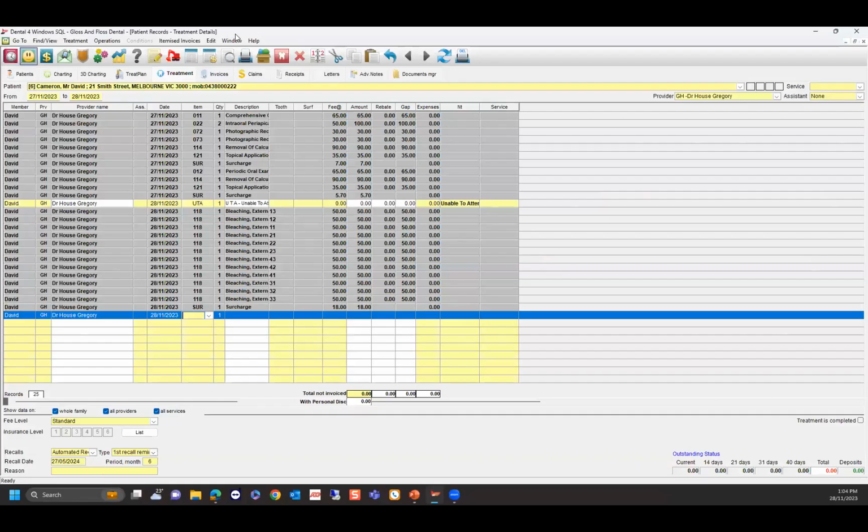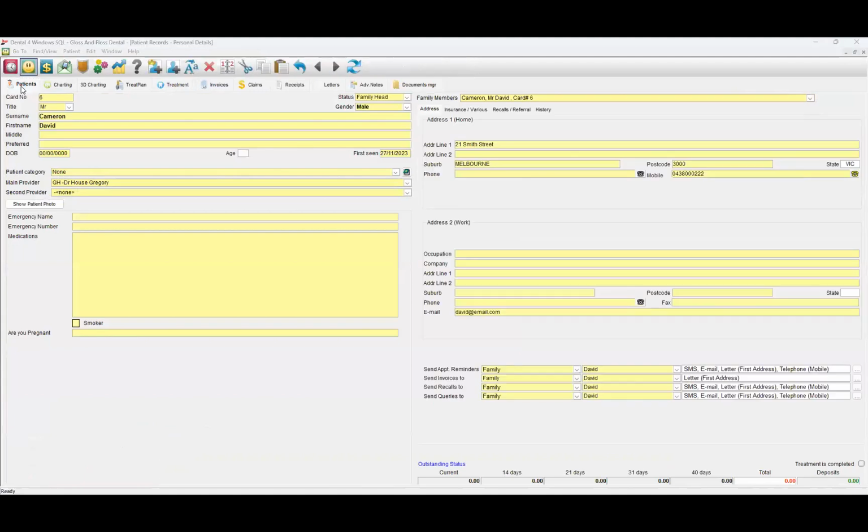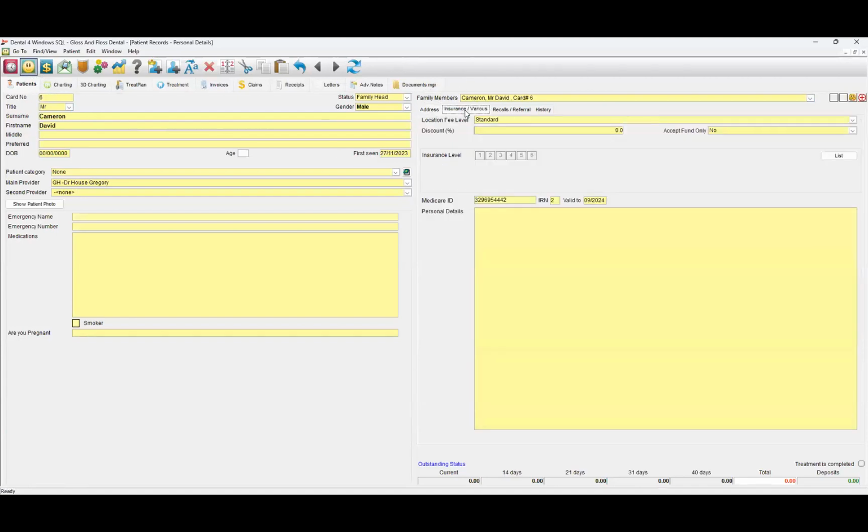Okay, so the last one is what we've added is Medicare IRN number to the patient's file. Where to find that is in Patient and then the Patients tab, and it's under Insurance and Various. So we just go into Insurance and Various, and we can now pop in the Medicare ID number, IRN,